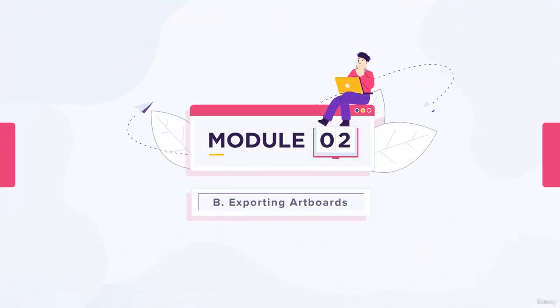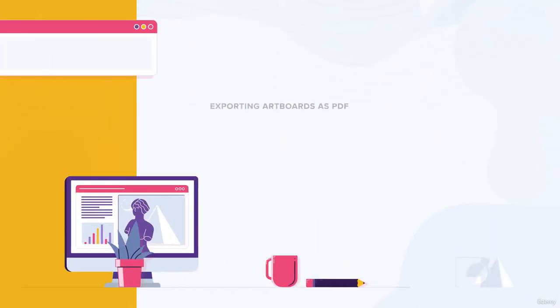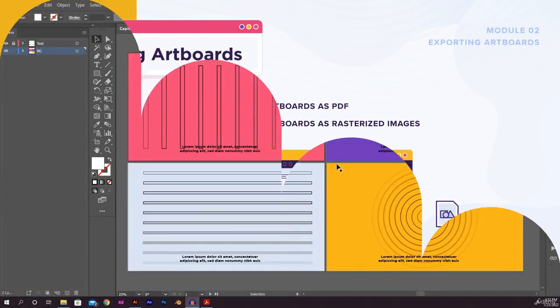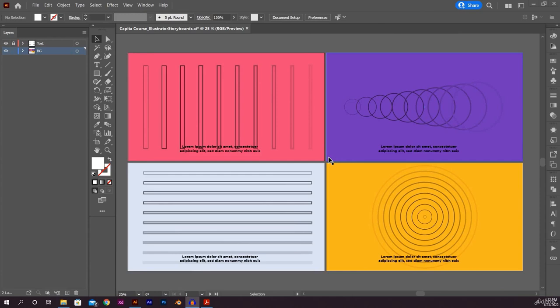Exporting artboards. We'll start with an example of exporting style frames and/or storyboards for a client. Look at these 4 scenes we've already created in our storyboard. Since we need to send them to the client for approval, we have 2 options, depending on how your company